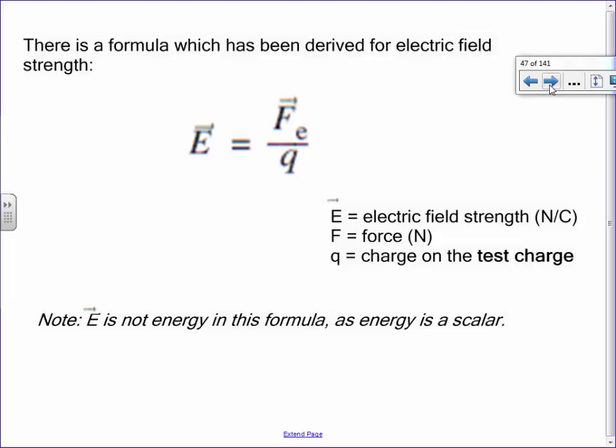E with a line on top of it is an electric field strength, which is a vector, so direction does matter again. So you just got to make sure you know what your letters are and don't get them backwards. So here's our first formula. If you take your amount of electric force and divide by charge, it gives you the field strength. Kind of similar to how we did that with gravity as well.